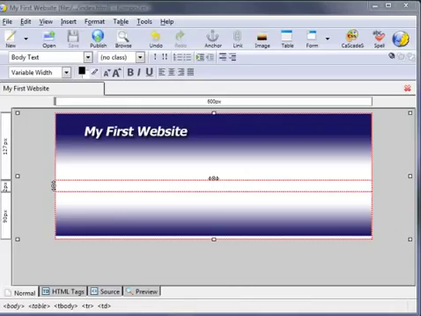Okay, in the last video I showed you how to create this table which will contain all your content. We set up a header and a footer image, and in the center we're going to start entering our content. Now obviously the easiest thing to do is enter text. So for example, hello, this is my first website. Okay,